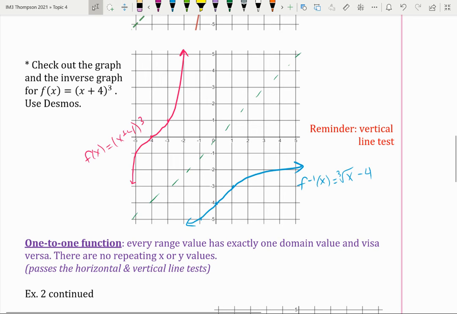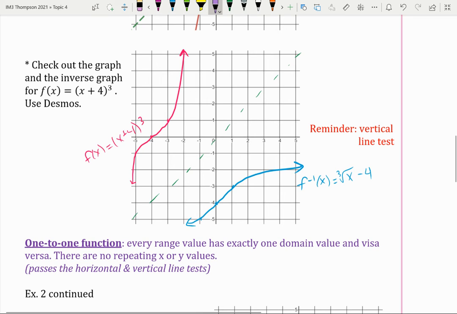And then the second question in example 2 says, is the inverse a function? All right, so let's talk about how we can tell if it's a function given a graph. If you remember back to, I think in math 1, you talk about determining if something is a function by looking at the vertical line test. So the vertical line test says that I can draw an arbitrary vertical line and not cross a relation more than one time. So if I were to take